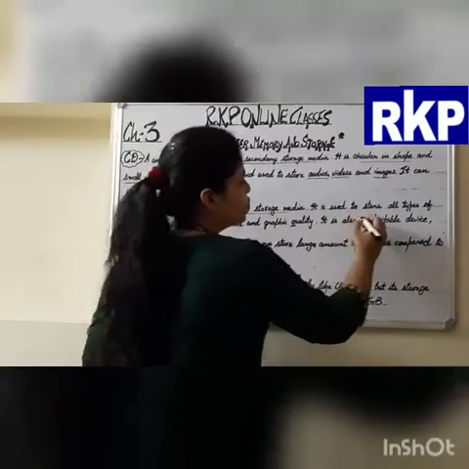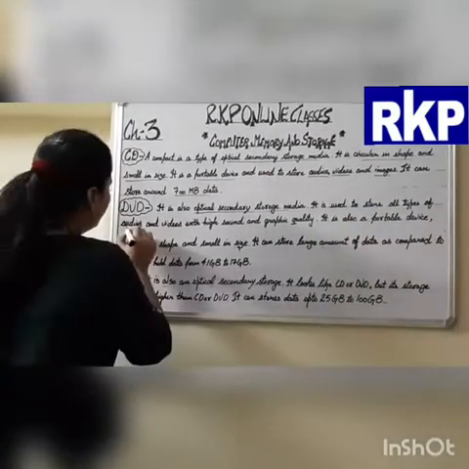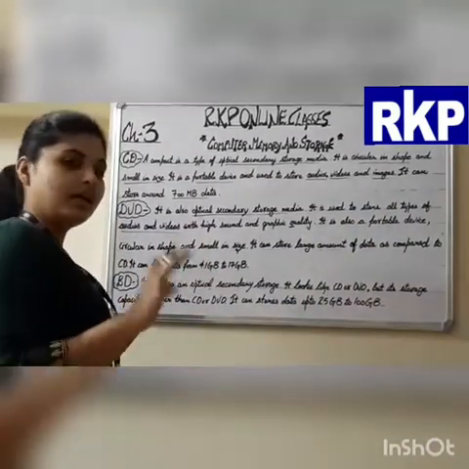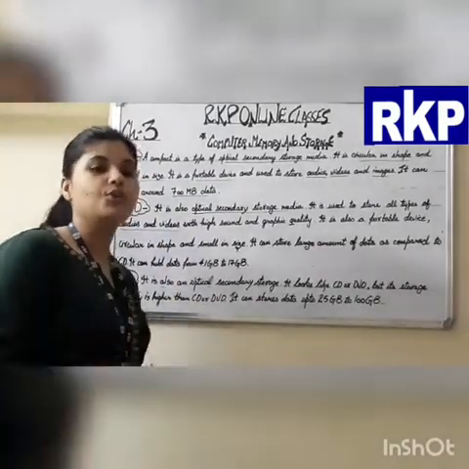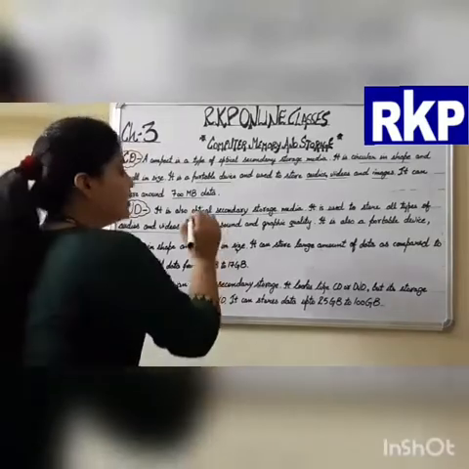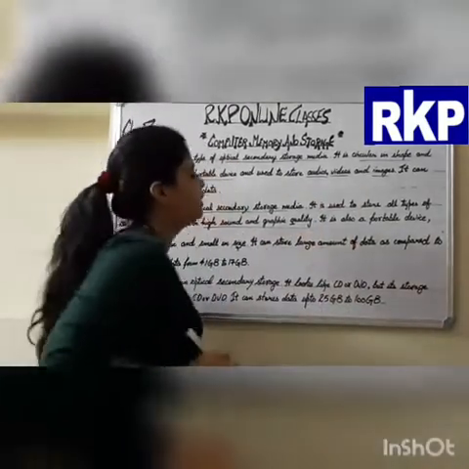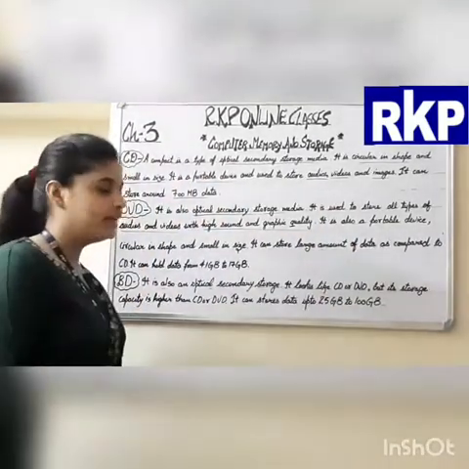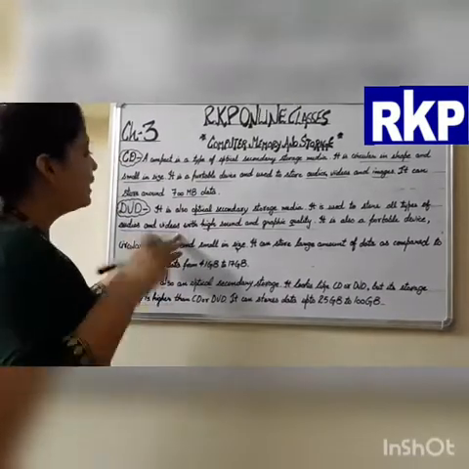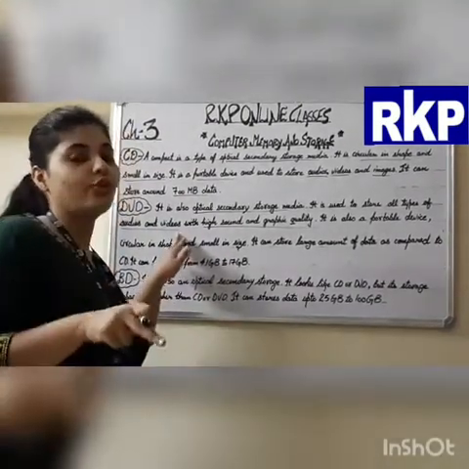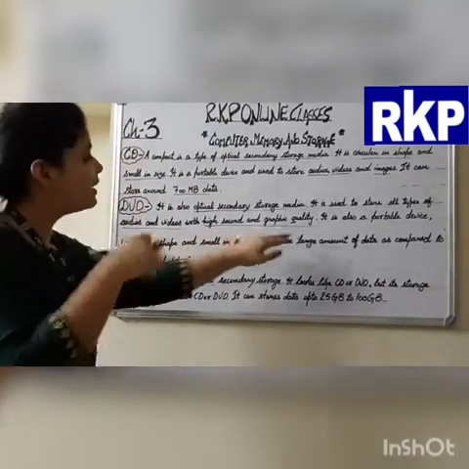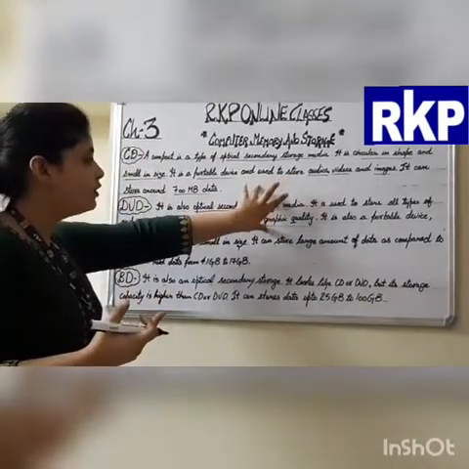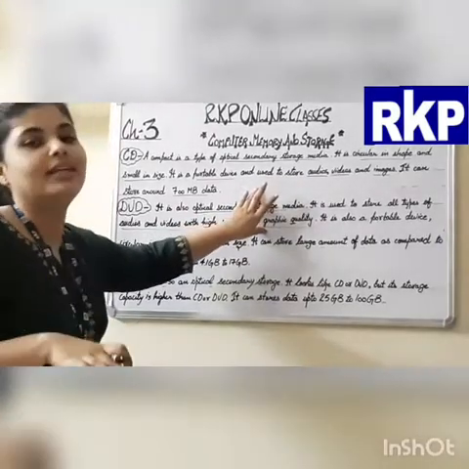It is used to store all types of audios and videos. The functions are the same. CD and DVD both are used to store audios, videos, images, files with high sound and graphic quality. The difference between CD and DVD is that a DVD can store all types of audio and video files with high sound and graphic quality. Means the difference between both of them is the quality difference.